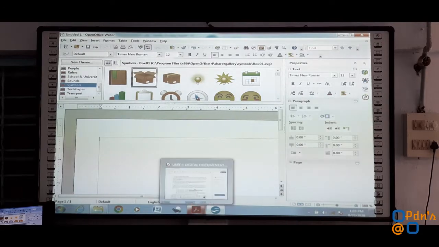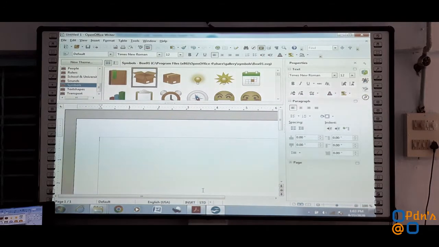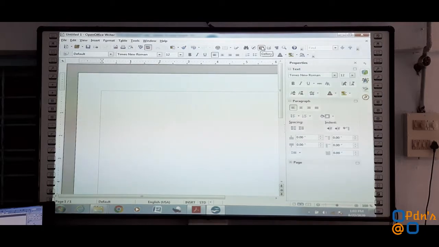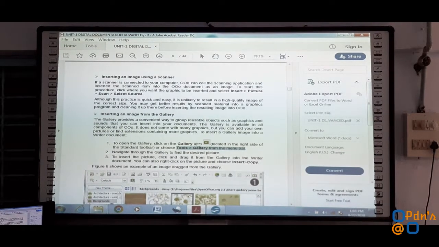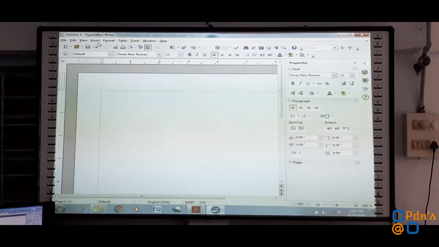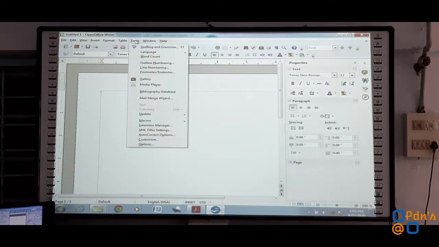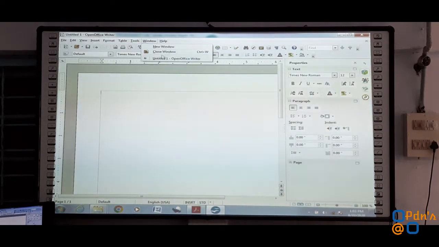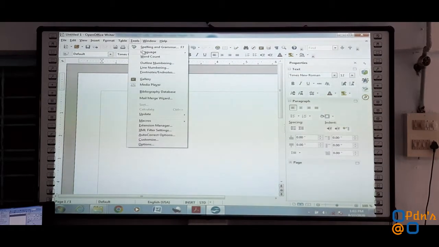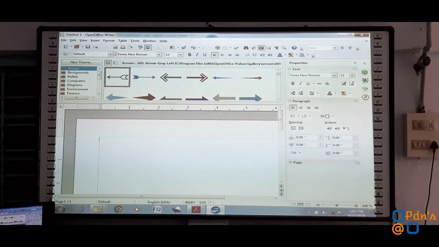Now apart from this, one more thing is there, that is using the tools tab. See, first one was using the gallery icon, and second one is from the tools tab, which consists of an option such as gallery in the menu bar itself. So let us move and check. See here, file, edit, view, insert, table, tools. Under the tools option, one gallery you will get. See here, under the tools option, 1, 2, 3, 4, 5, 6, 7. Seventh option is gallery. Click here, the same gallery window will be appearing in front of us.